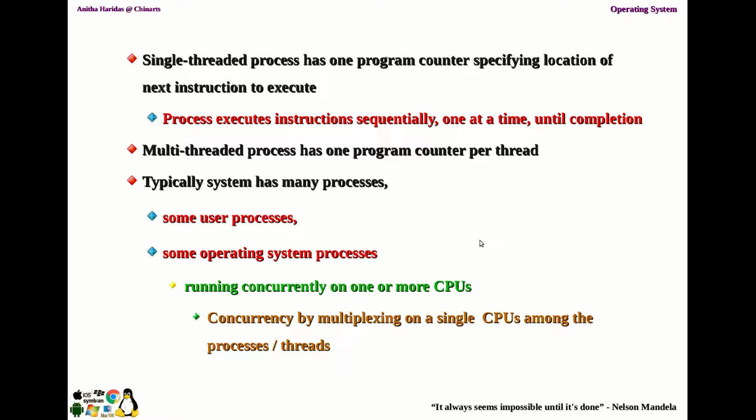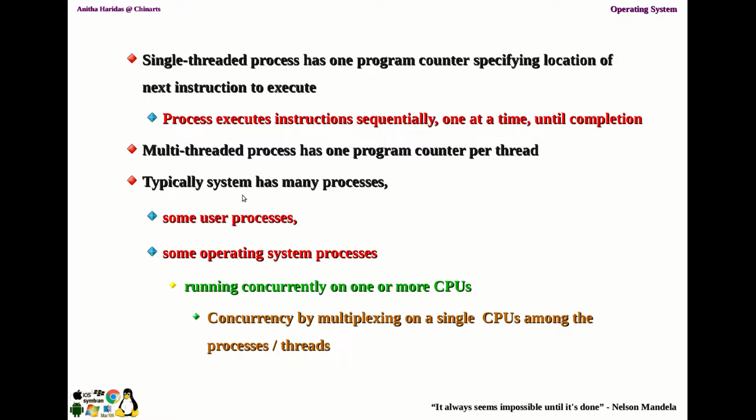So we'll be discussing how it is going to have more than one program counter. If there is going to be only one program counter, how it is to be done. If there is more than one process, how it is to be done. If there is more than one thread, then how it is to be done. All these things will be discussed later in detail in the second module, processor management.